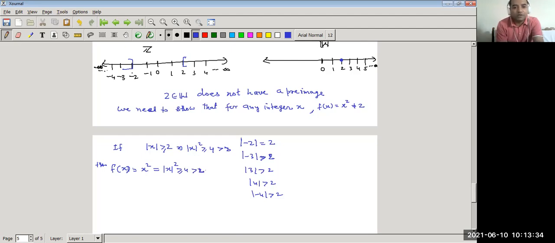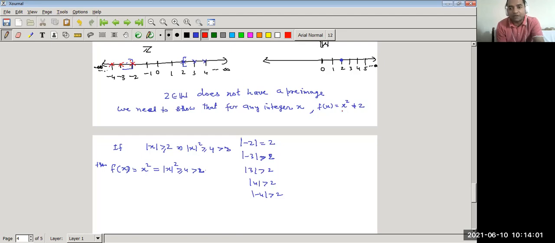ये सारे नंबर -2 से छोटे और 2 या 2 से बड़े, इन सब का जो स्क्वायर है वो क्या आ रहा है? हमें 2 से बड़ा मिल रहा है. इसका मतलब 2 के इक्वल नहीं मिल रहा है ना. तो अब कौन सी पॉसिबिलिटी बची? अब इन सारे नंबरों का स्क्वायर क्या है? 2 से ज्यादा है, तो ये नंबर तो 2 के इक्वल नहीं आए.